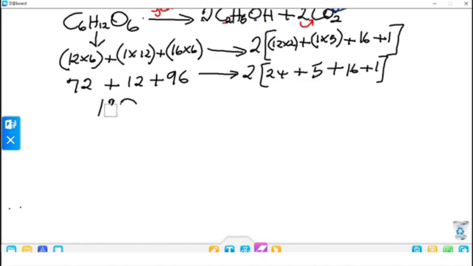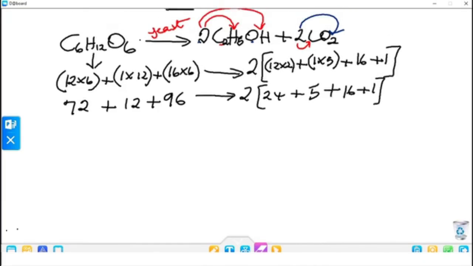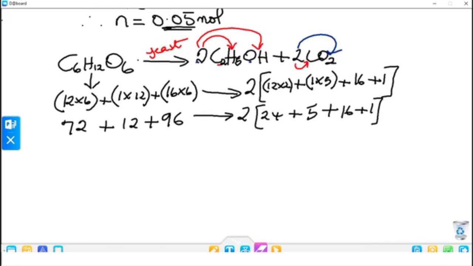Let us make it clearer. So 180 grams of glucose from our equation will give us